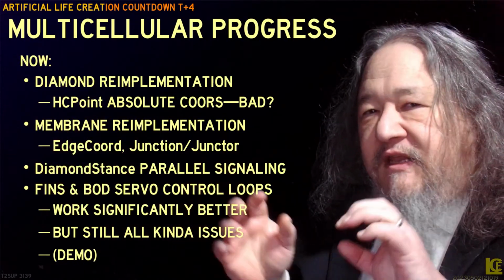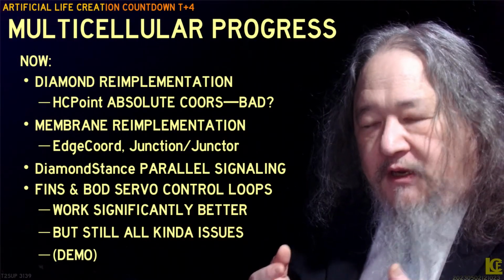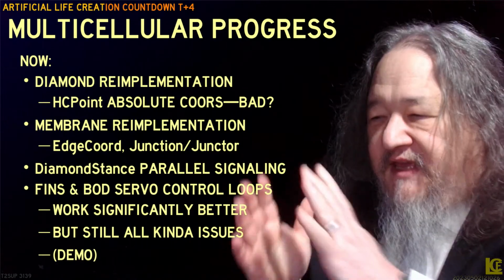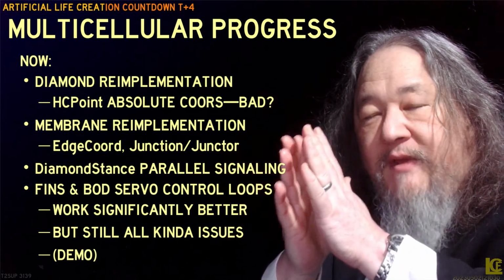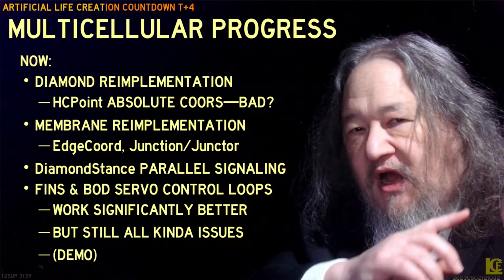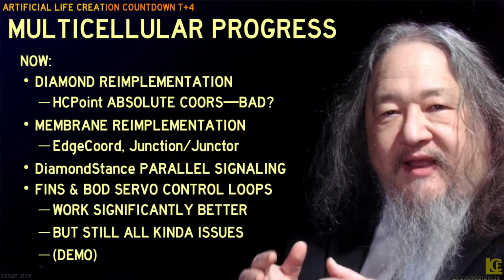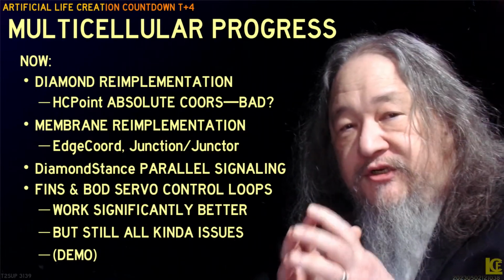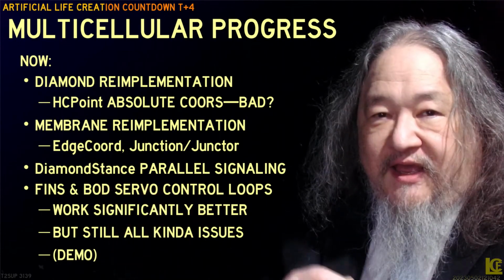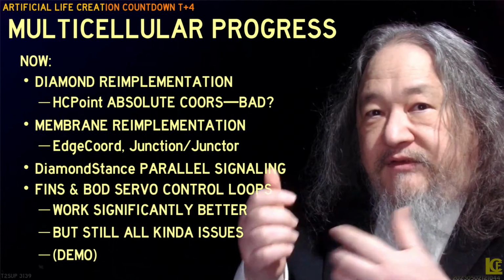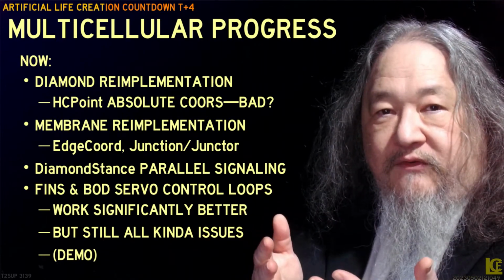And the fish fin and the fish bod are supposed to have enough information, enough knowledge to know: is this coordinate where I want it to be? How well are we lined up? So instead of sending the entire position and orientation of neighboring edges back to the center, the junction reduces that information itself. It boils it down to a diamond stance that says for each of north, south, east, west, how much it likes or dislikes movement in that direction.